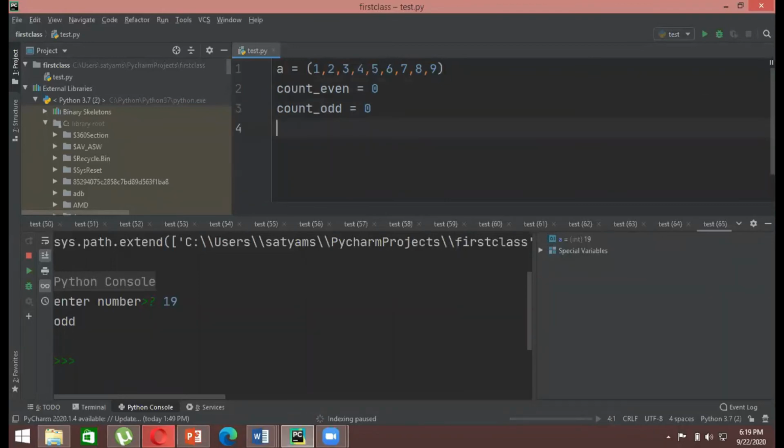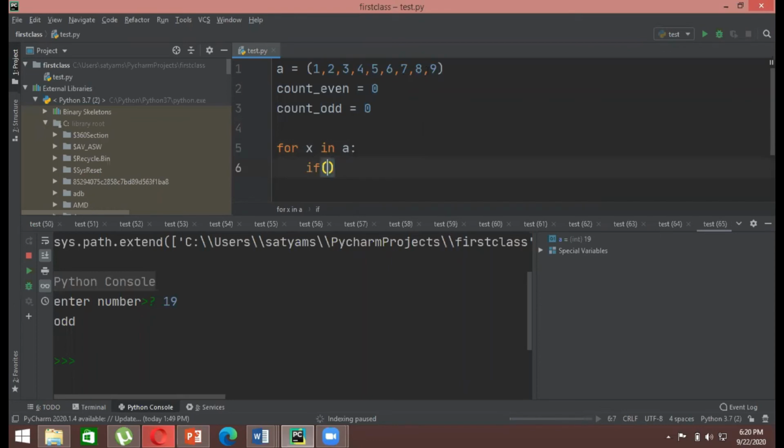Now here we will define our code. So what kind of loop do you think we should use? For loop. Right. Why? Because we want our program to run in such a way that it will automatically go through every particular element in this tuple. Okay. So for that, we'll write for X in A. I'm using X, you can use anything. You can write number in A or whatever it is that you want. So this is my condition.